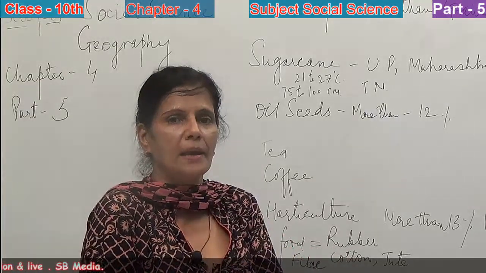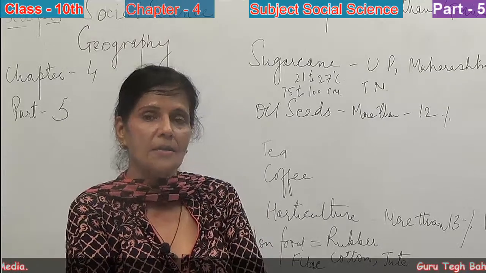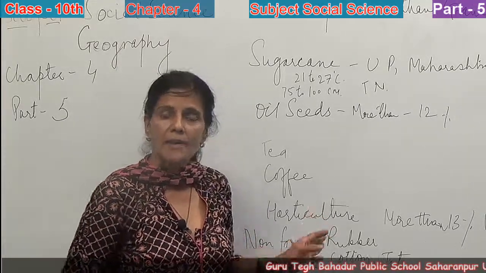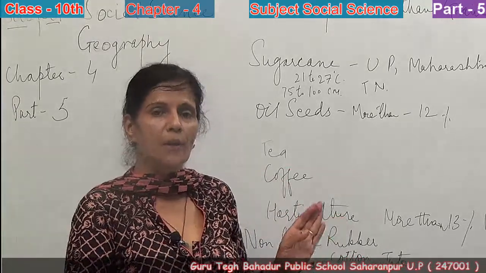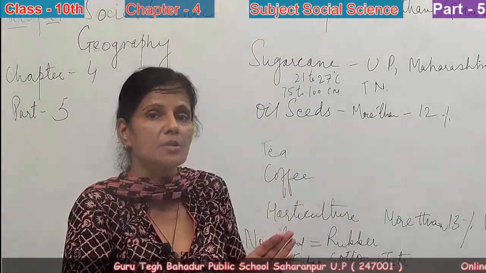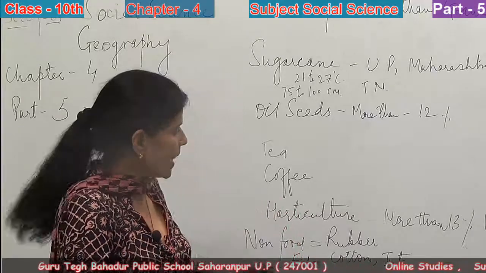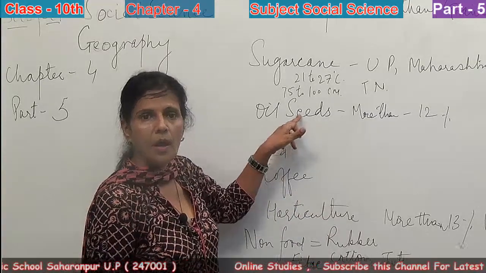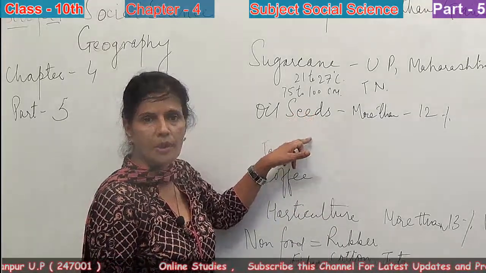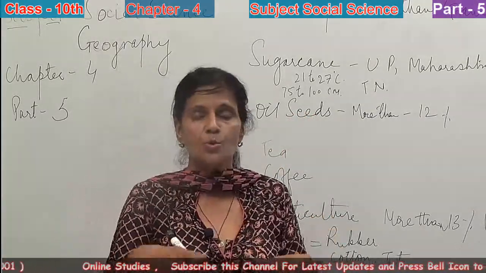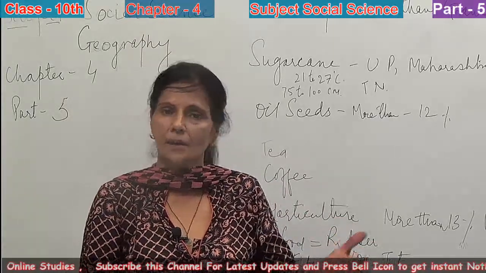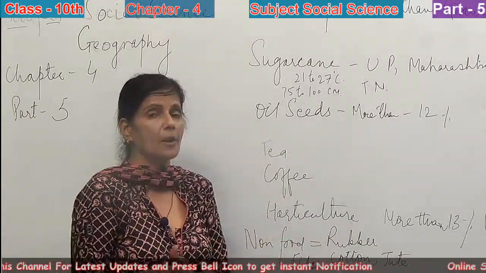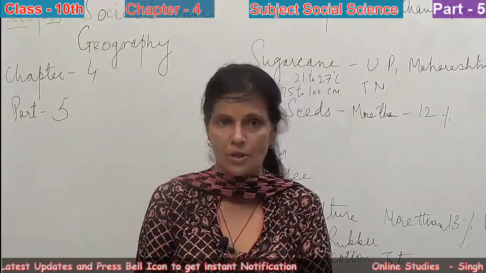Garo Hills of Meghalaya, Andaman and Nicobar Islands are very suitable for the production of rubber. And it requires annual rainfall of about 200 centimeters and above. Otherwise it is grown under irrigation. Wherever we talk of rainfall, you must write down that if rainfall is not there, then the crop depends on other suitable factors like climate, soil, etc. Then we have to write that if rainfall is uneven, then we depend on irrigation.